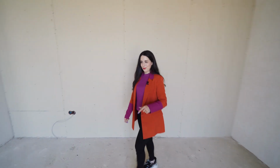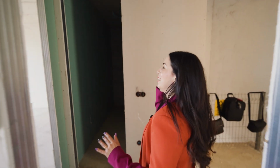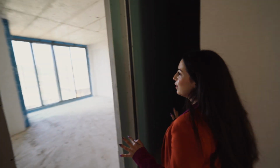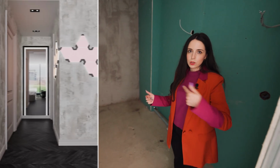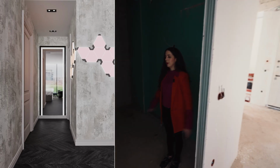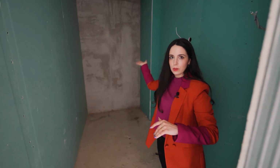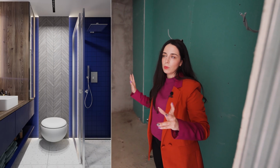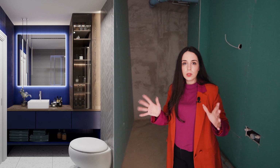Let's go to the other room. Now you need to use your imagination, because the planning here is completely different than what we drew. Actually, this area will be a small corridor, because we will enter his room from here, and on the right side will be his bathroom, which has a color combination of dark blue and gray, because he likes gray so much, light gray, dark gray,